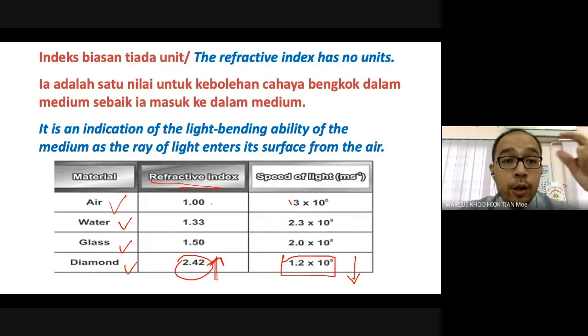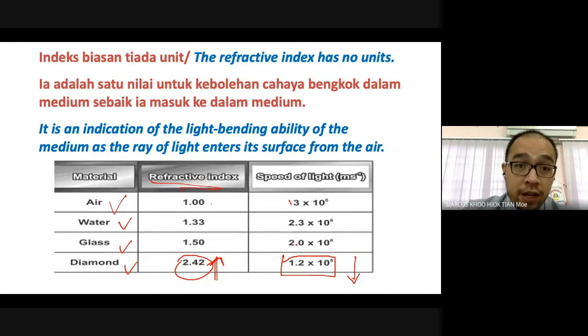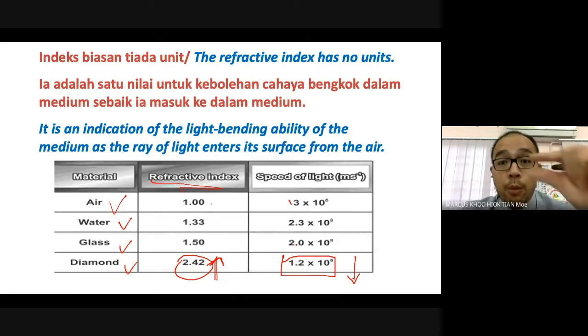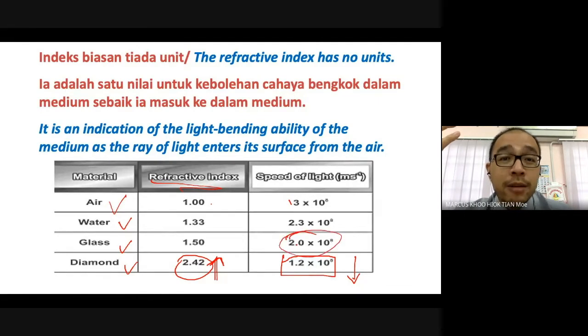This is a very important relationship. The bigger the refractive index, the smaller the speed of light inside that medium. That's why everybody likes diamonds. Because the speed of light is slow, we can see it blink a lot more. Imagine if it's glass. Glass is 2 times 10 to the power 8. It doesn't blink so much, because the speed of light is faster inside glass. But in diamond, it's very slow because it's very optically dense. So since the speed of light is very slow, that's why we see all this blink